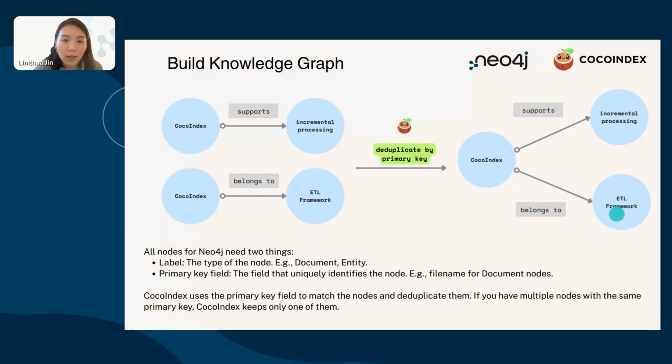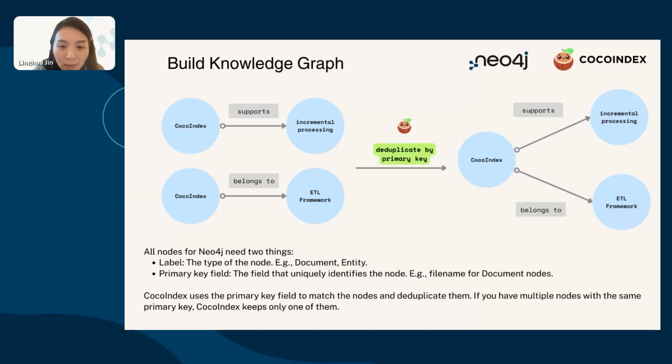So you have this relationship ready, and all the nodes for Neo4j need two things. First is the label, which is the type of the node. In this example, I have two kinds: one is the document and one is the entity. Entities are all of these terminologies. And I have a primary key to identify different nodes. So let's take a look at how I map these